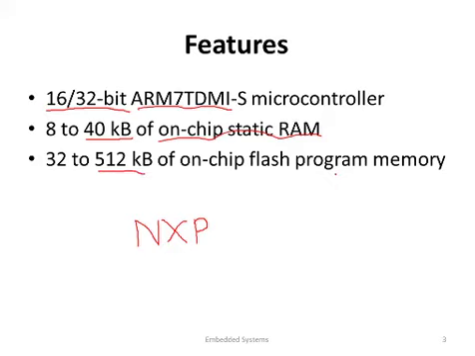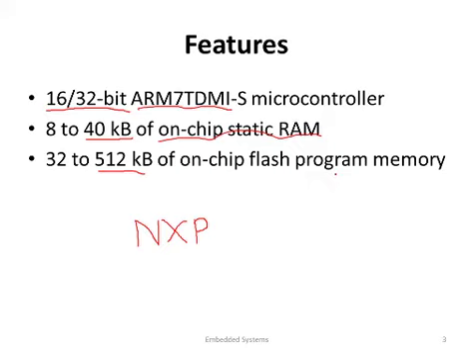Now RAM and ROM are two parts required for any controller. So RAM memory is 40 KB for LPC2148 and ROM memory is 512 KB, but here it is flash program memory. What is the advantage of having the flash memory? Flash memory is very fast. Its erase time is very less. In other controllers, when you want to rewrite the data, you spend too much time erasing the data in the chip. Here you require very less time to erase the data. So that is the advantage of flash memory.